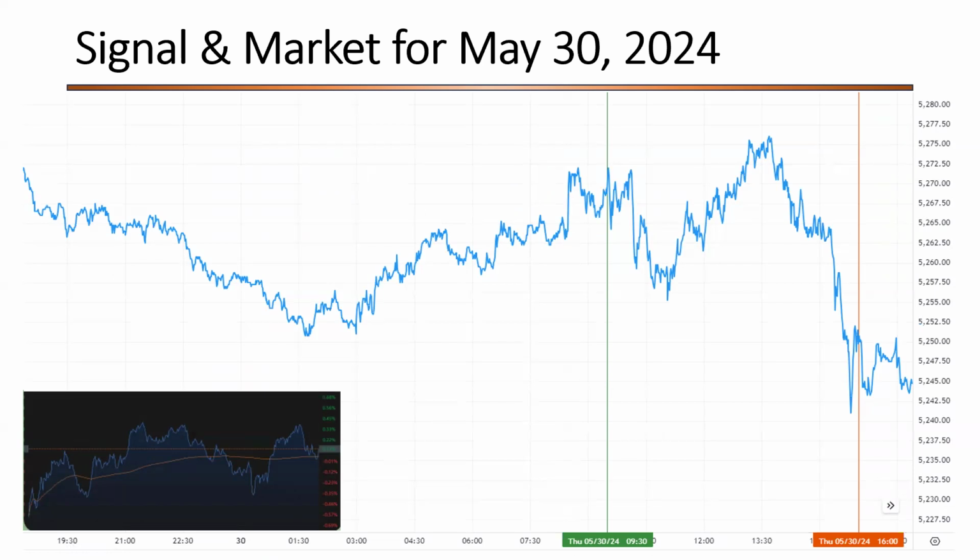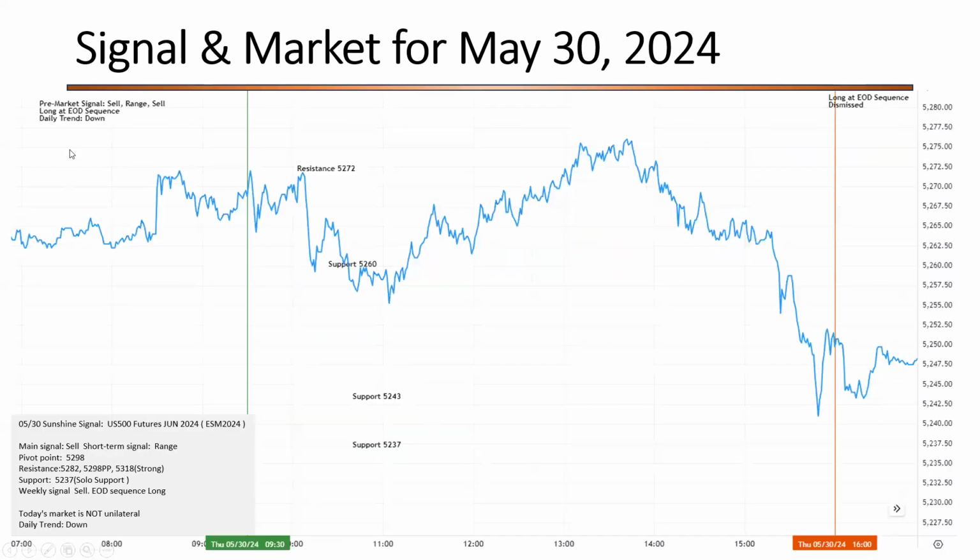For Thursday, GDP data was released at 8:30 a.m. ET. The reference chart here is showing a couple possible long possibilities. But on data days, it's always a good idea to pay more attention to the price action and not rely too much on the reference chart. We had a pre-market signal of sell range sell, which is also provided here, along with an EOD sequence with a daily downtrend. The market opened at around the